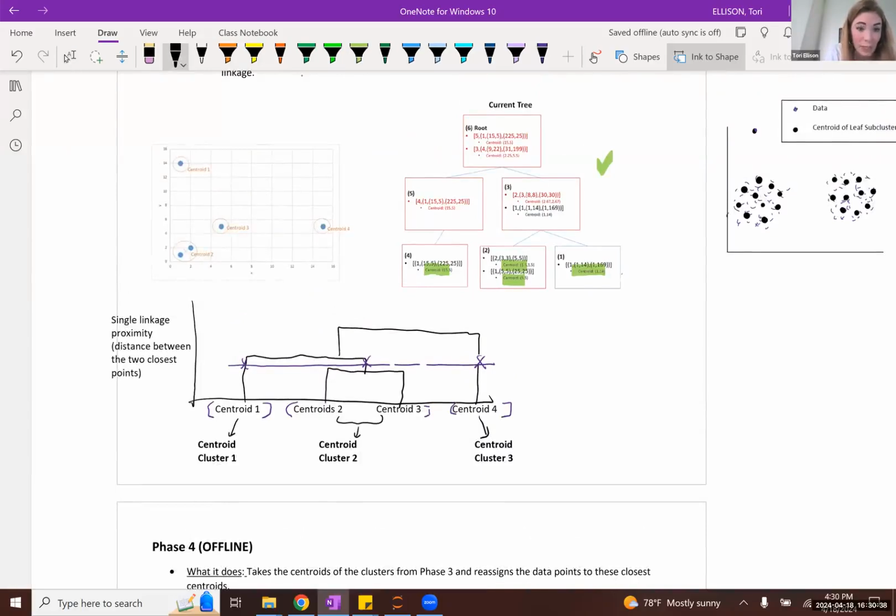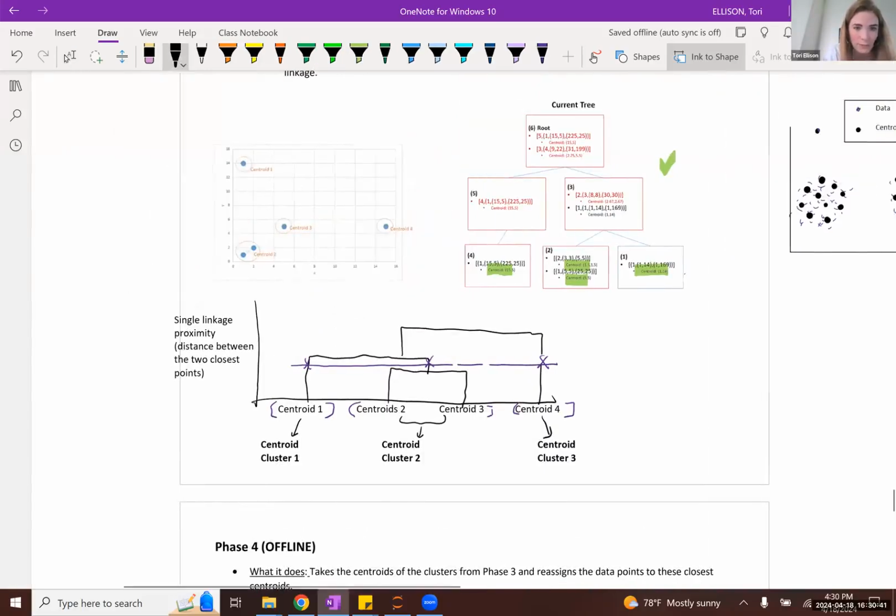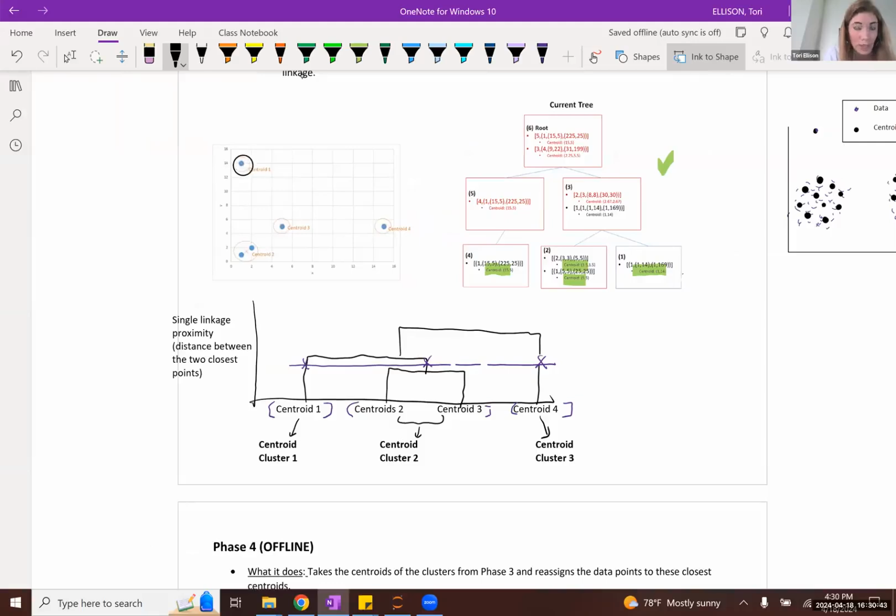Basically, this is a cluster with simply just this centroid. This is a cluster comprised of these two centroids. And this is a cluster comprised of this centroid.